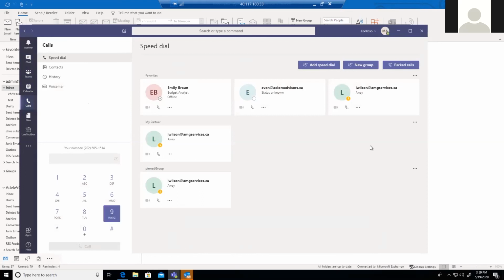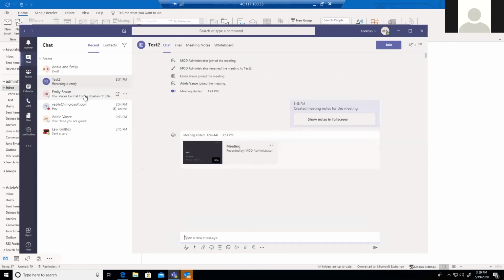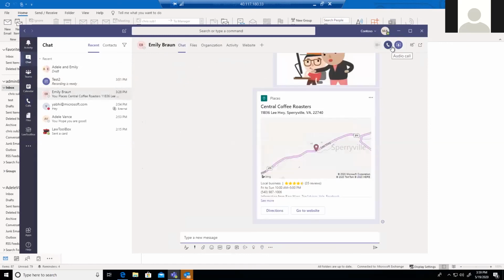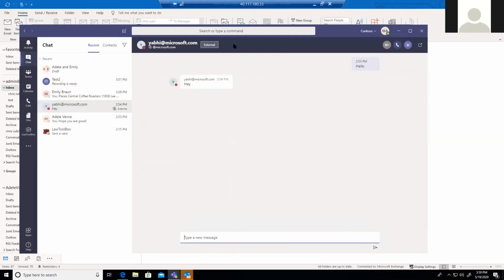We won't take much time over here. Whenever I make a call, the first thing I can do is an IP to IP call, and this calling does not need a number. It works within the organization, and even outside the organization I can search for this person and call them IP to IP, because this person is also using Teams. I can call this person and it starts ringing on their Microsoft Teams. Because it's an IP to IP call, there won't be any charge. It will work on the internet.